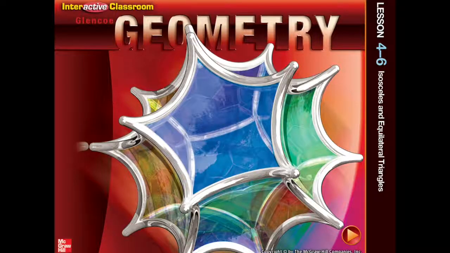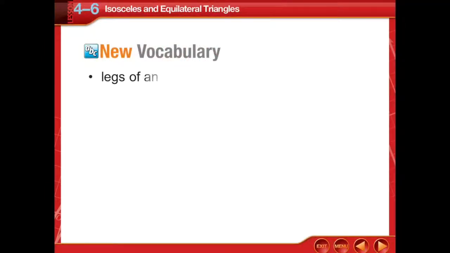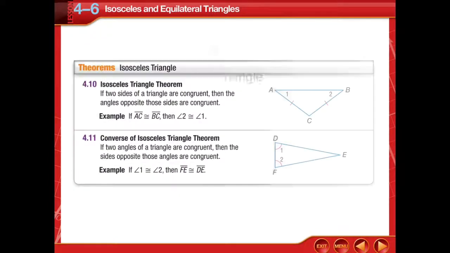This video is on lesson 4-6, isosceles and equilateral triangles. New vocabulary will be the legs of an isosceles triangle, the vertex angle, and the base angles. The isosceles triangle theorem states that if two sides of a triangle are congruent, then the angles opposite those sides